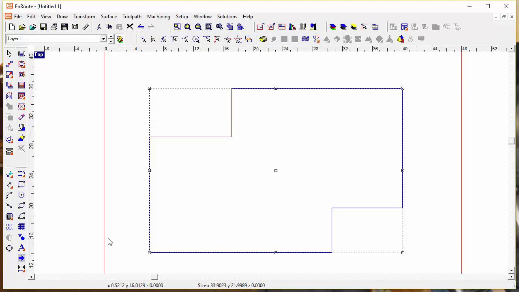I'm going to talk about tool compensation, and it's a little bit counterintuitive in terms of how the offsetting works, so I just thought I would explain it to see if it makes sense. So let's say I've got geometry like this, and I'm going to create a routing offset, and in this case